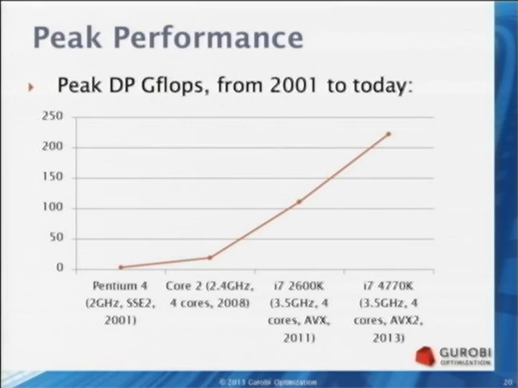So going back to 2001, Pentium 4, 2008, 2011, 2013. What you see is a pretty impressive improvement in the peak double precision floating point for these chips. And the computational kernel in Barrier is basically a BLAS3, a matrix-matrix multiply. So it gets a substantial fraction of the peak performance. And so even in the last 5 years, and this is a 4-core chip, the latest Haswell 4-core chip, the performance has increased by a factor